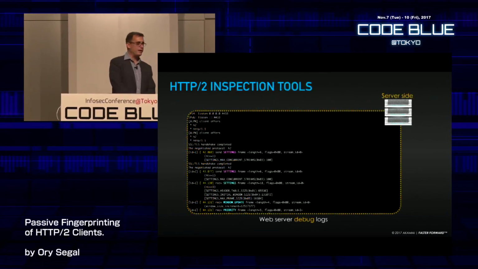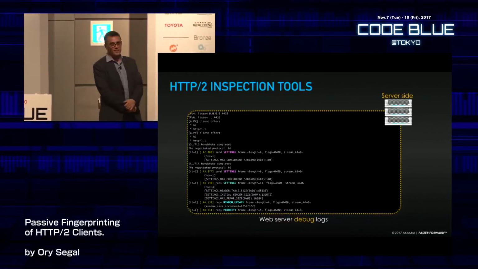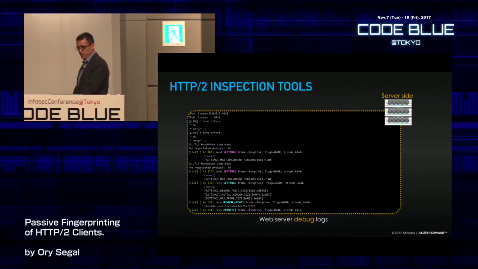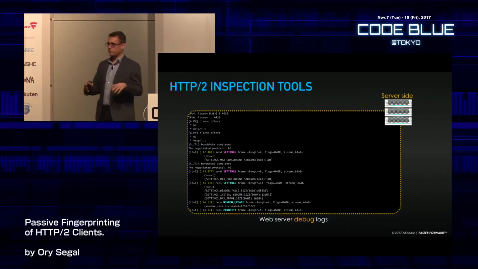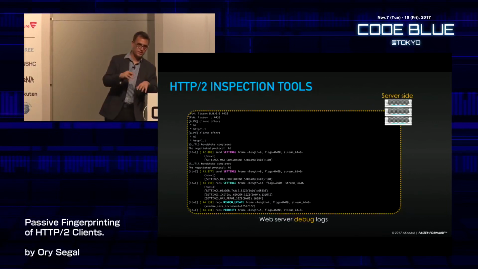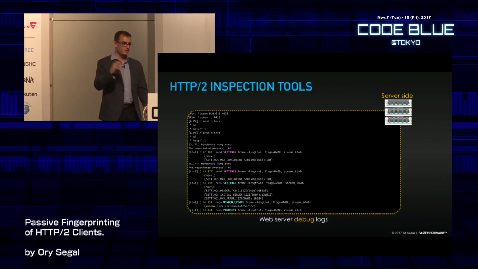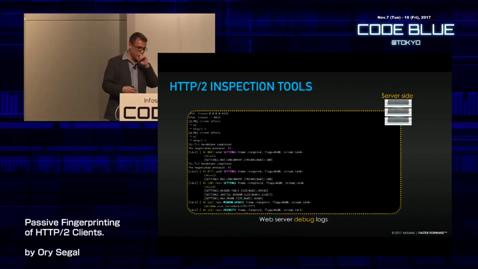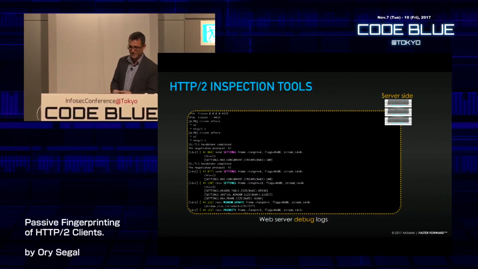So how do you inspect HTTP traffic? And this is the tricky part. And I believe the sad part. So in HTTP 1, everything was very simple. You open netcat, like I use netcat or Burp or whatever, right? You type netcat, whatever, host, port, hit enter, write GET, host, send enter, and you get the response. That doesn't work anymore. And we'll get to that.